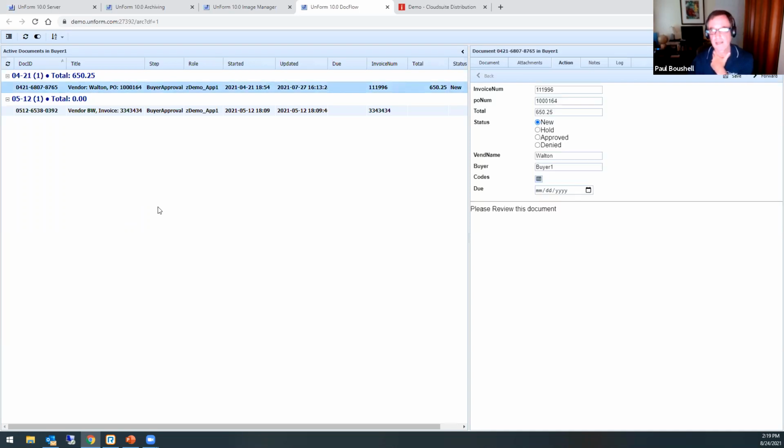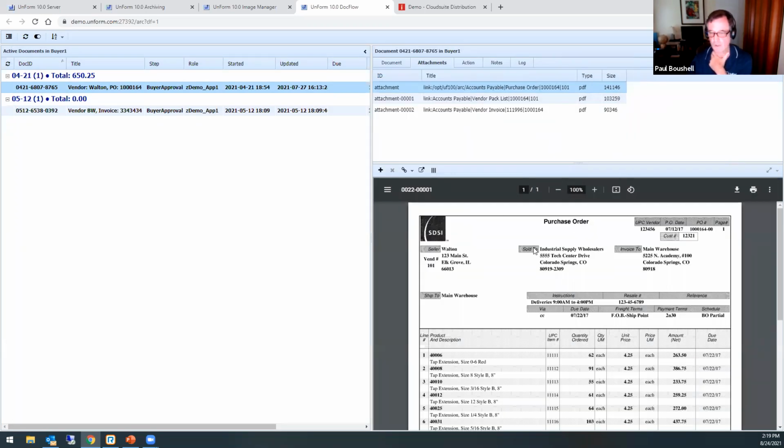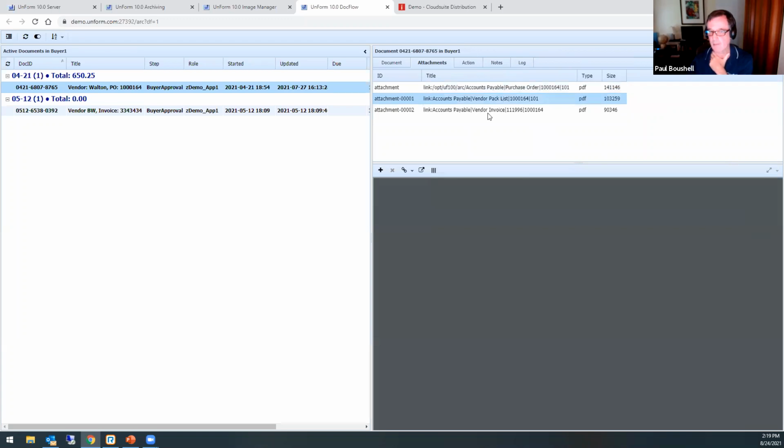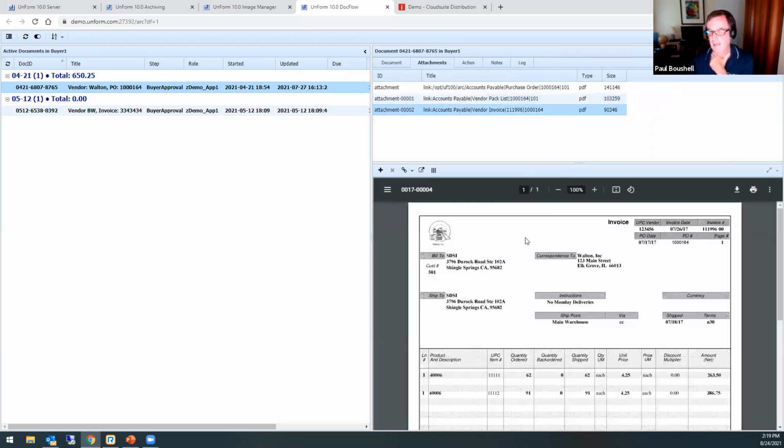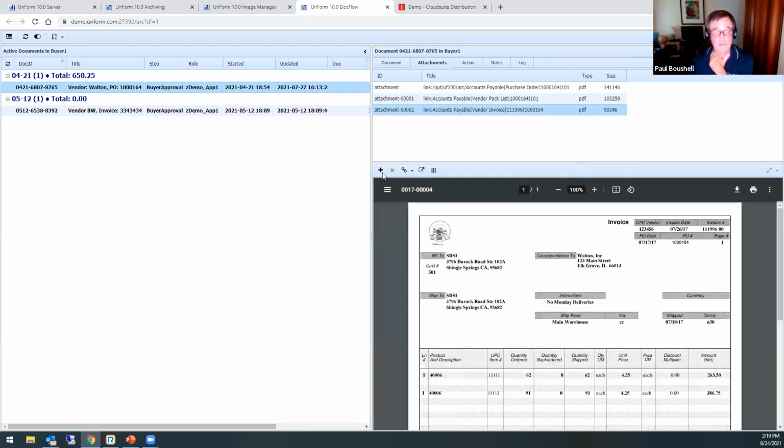So the buyer would, again, receive an alert that they have a document to review. In this one, we're actually sending a copy of all the documents that they need to be able to resolve whatever the issue is. So they've got a copy of the PO, a copy of the packing list and the invoice. In addition to that, they can add attachments as well.